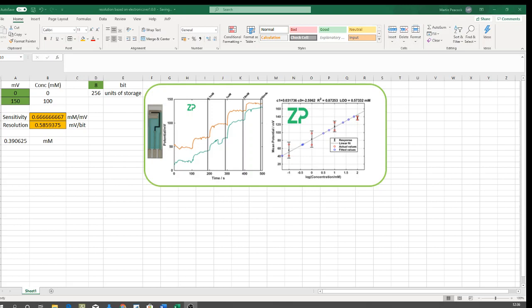Okay, so this is just a quick video about using electronics with sensors. So in this example I'm using our ammonium sensor. This ammonium sensor data is on the ZP website, and we're effectively going from, I'll just use this one here,